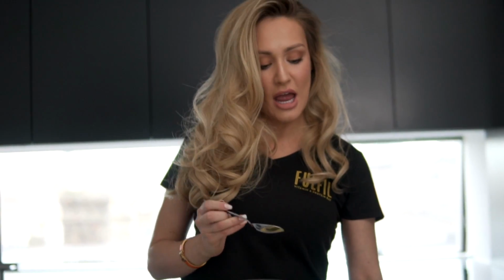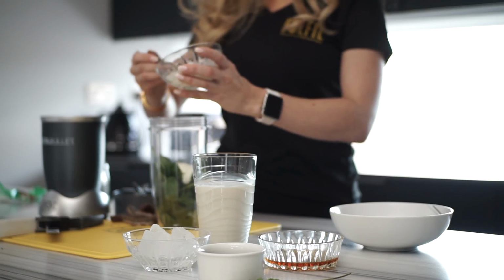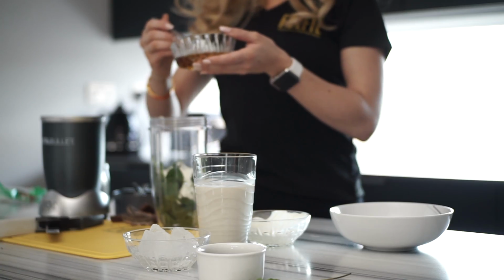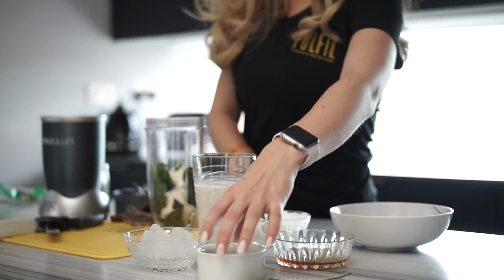I'm also going to add some coconut yogurt. And coconut yogurt is a really beneficial way of getting in those healthy fats, which are amazing for your skin. So we're also going to add a little bit of maple syrup. And that is one of my favorite ways to just sweeten foods up because it actually doesn't boost your sugar levels so much. I'm also going to be adding just a little bit of dark chocolate chips,